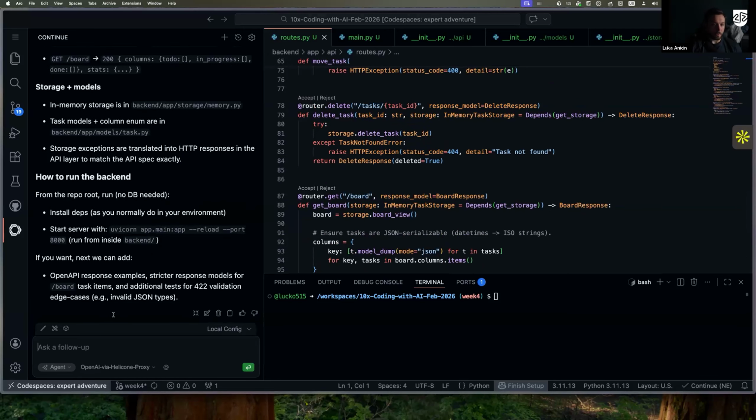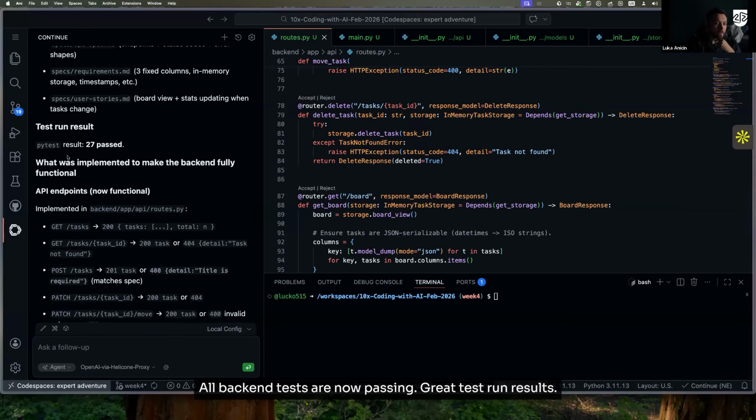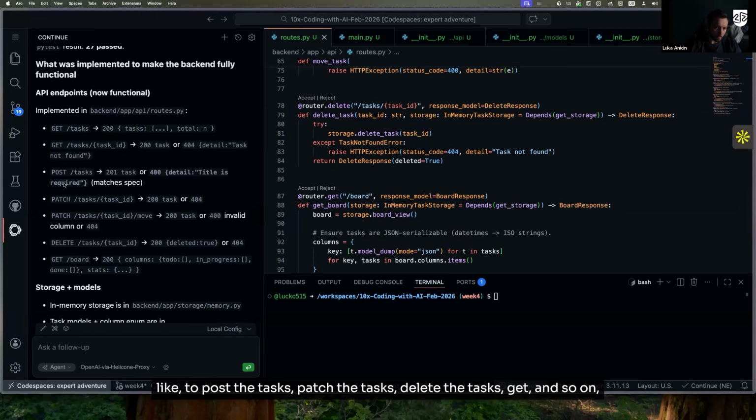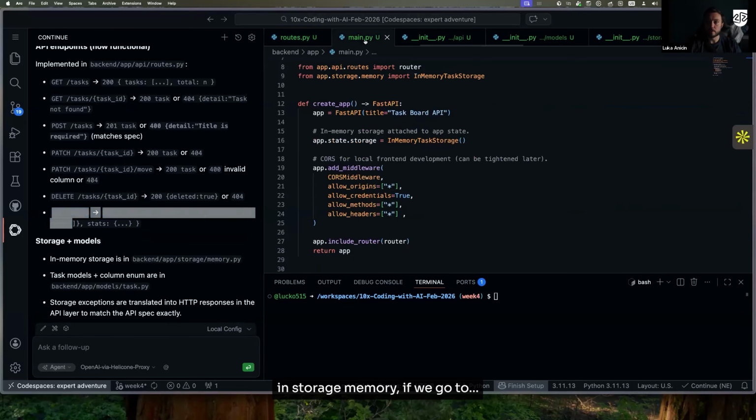Okay, so let's see what it did. All backend tests are now passing. Great test run results. What was implemented to make the backend fully functional? API, we get the tasks, we get like to post the tasks, patch the tasks, delete the task, get, and so on. In storage memory, if we go to,